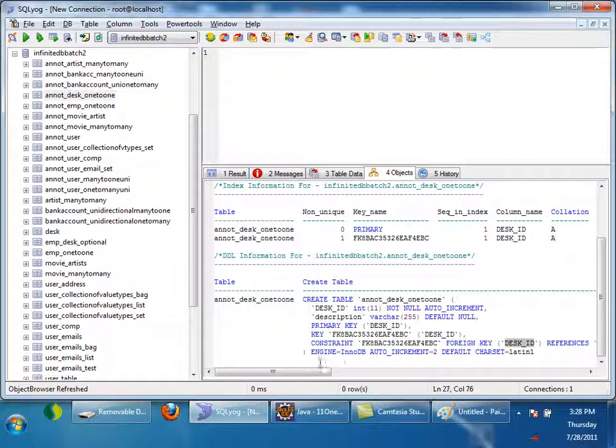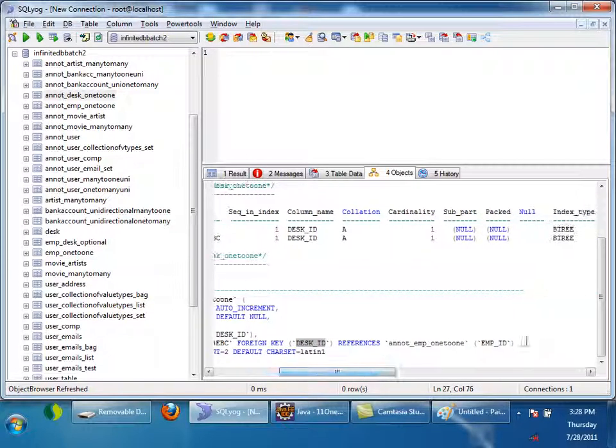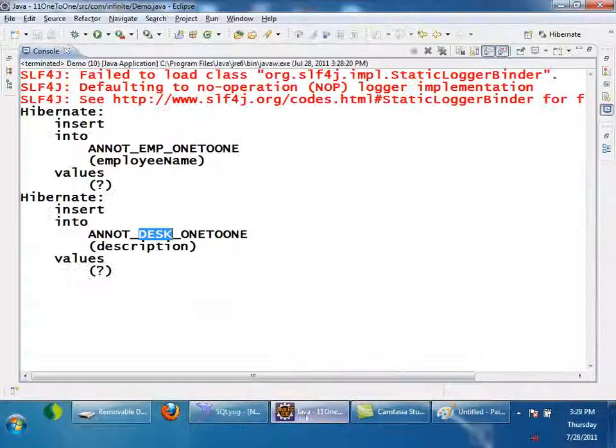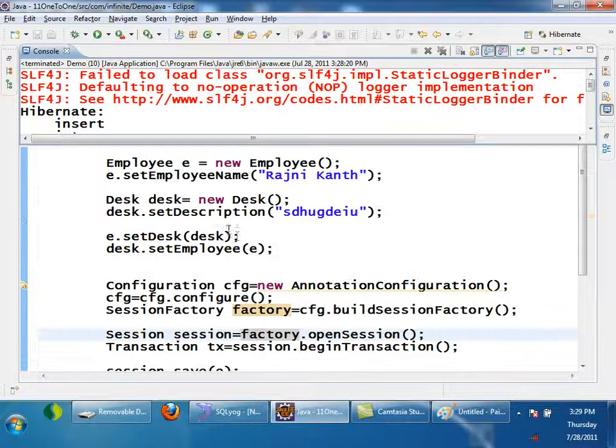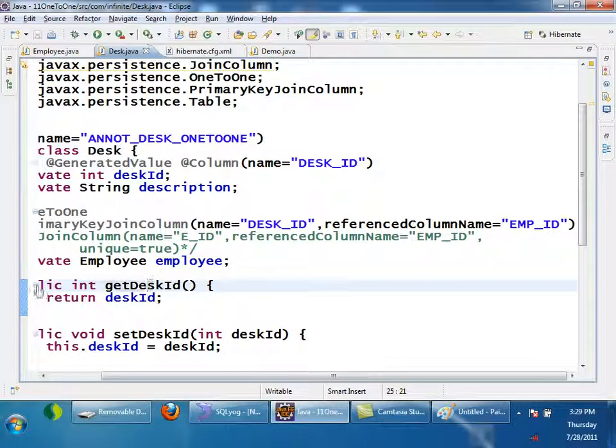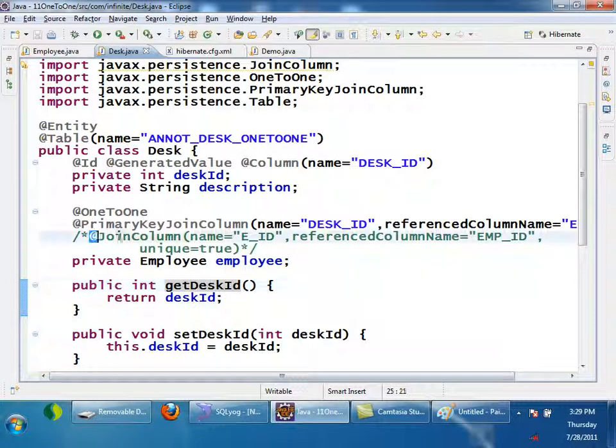Desk ID references employee, right? Is it not one to one? So these are the two strategies. One is by using join column and another is by using primary key join column. Right? Any doubts?